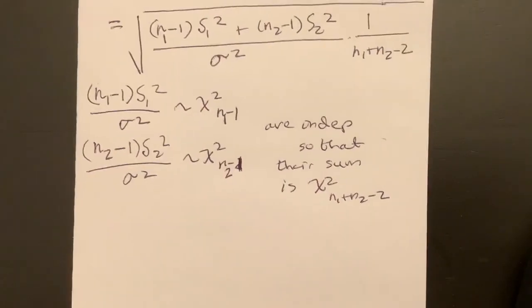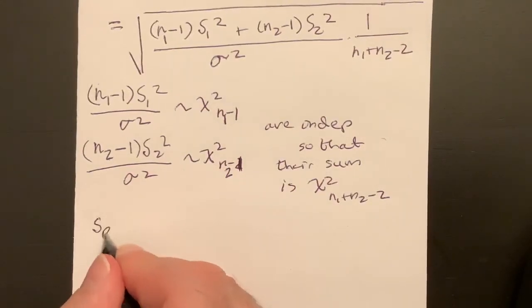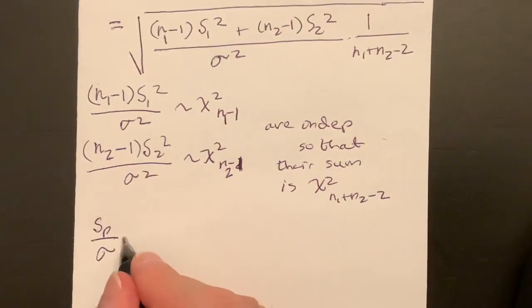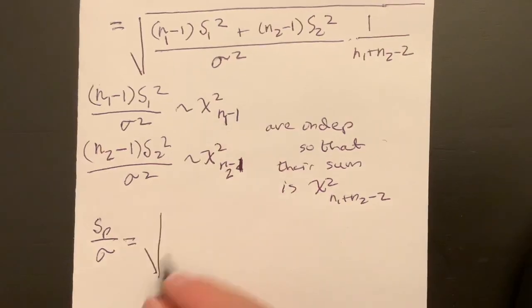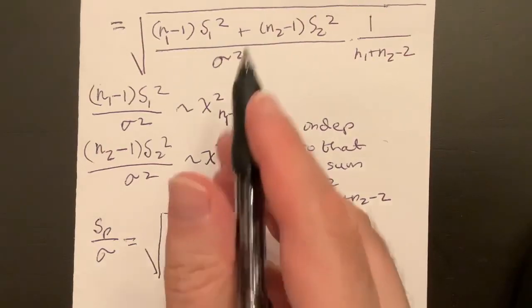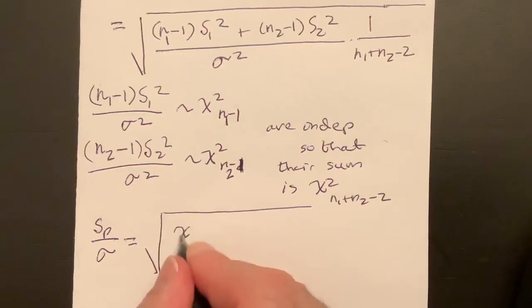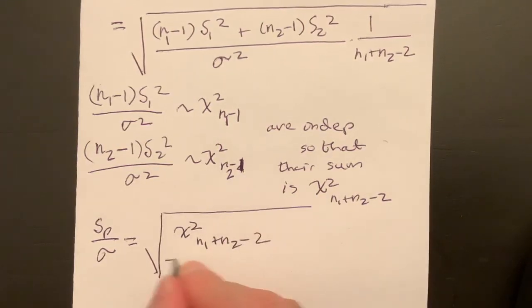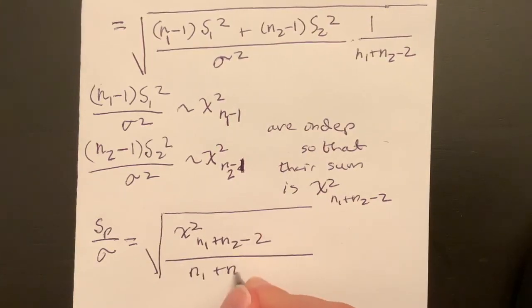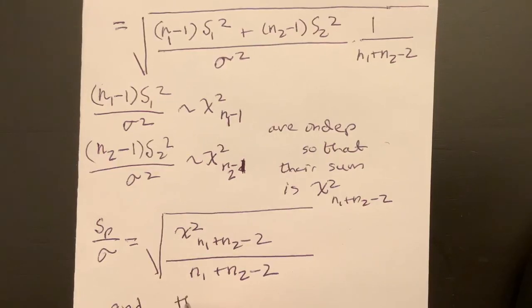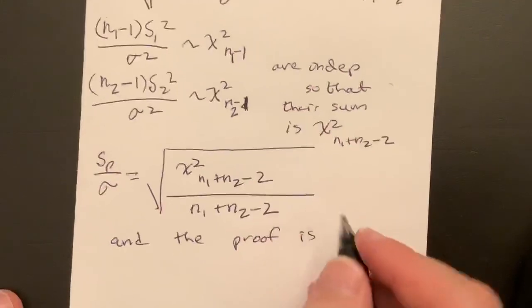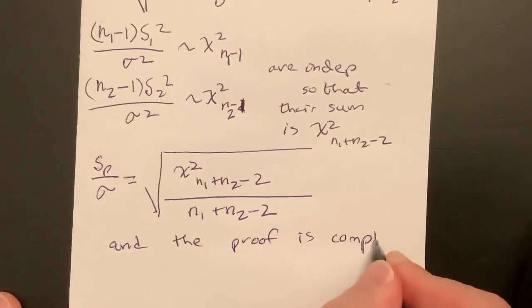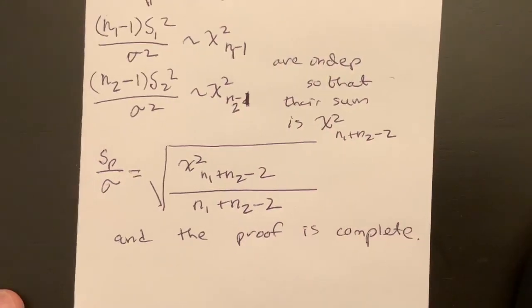So doing that, we have Sp over sigma is equal to the square root of chi-squared with n1 plus n2 minus 2 degrees of freedom, all over n1 plus n2 minus 2. And the proof is complete. Okay, so